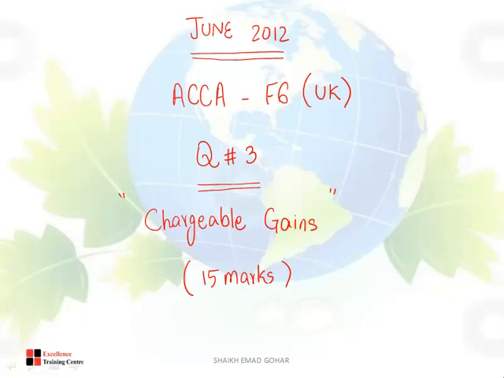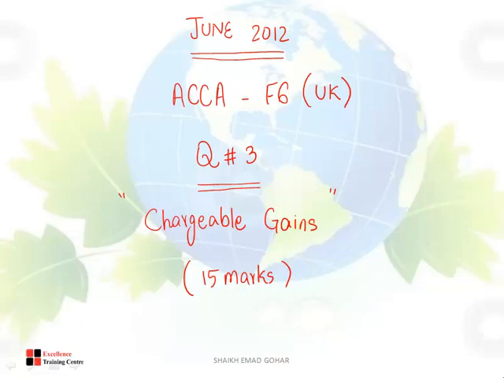Part B, part 1, assuming that Winston King does not sell his sole trader business, calculate his capital gains tax liability for the tax year. 3 marks. Part B, part 2, calculate Winston King's capital gains tax liability for the year if he sold his sole trader business on 25th of March. It means selling the business, definitely you need to take into account entrepreneur's relief. Okay, in part B, part 2 you will take into account entrepreneur's relief. 4 marks.